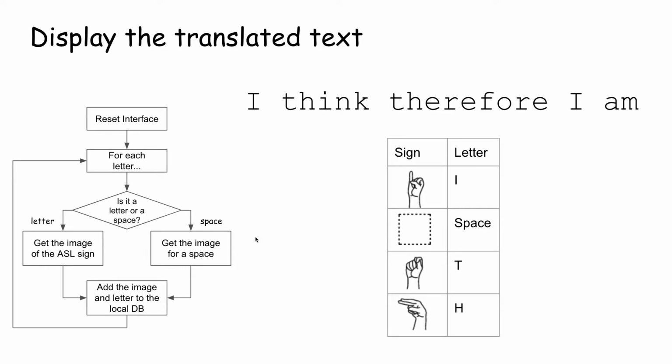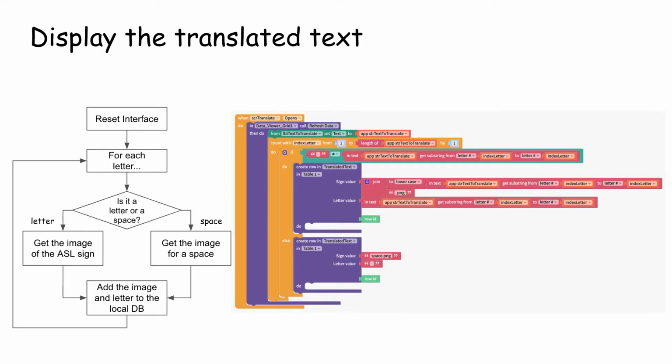Now here's how this looks in blocks. When our screen opens, we clear out the data viewer grid. So if you remember, before we transcribed, we emptied out the database. So this empties out the data viewer grid. We'll set the label to show the string that we're trying to transcribe. And now this